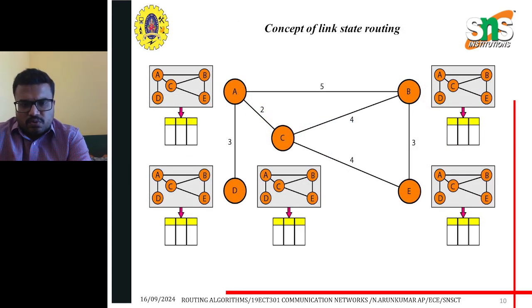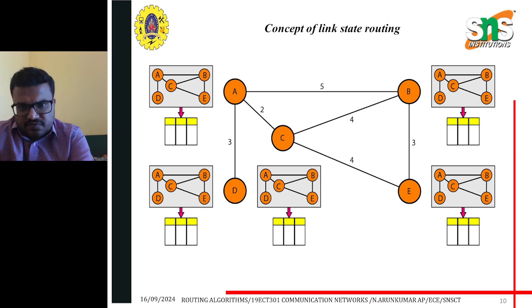Next one is link state routing. We follow the same example for this link state algorithm also. The only thing is that we don't write any cost factor for this value, because the cost factor is also one of the parameters which define the routing value. Here we are not putting any values, but calculating the values based on the previous neighboring values. So while writing the value of A to B, we need to check the previous link value,